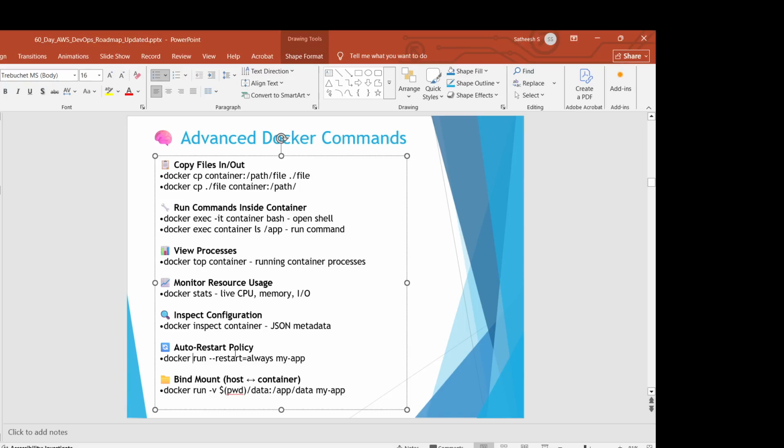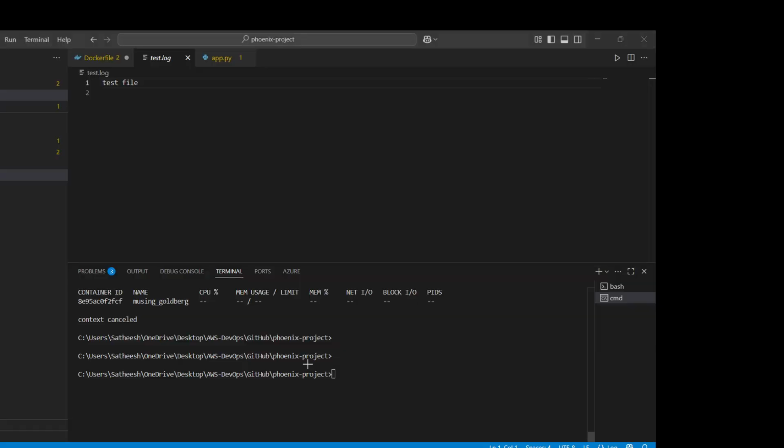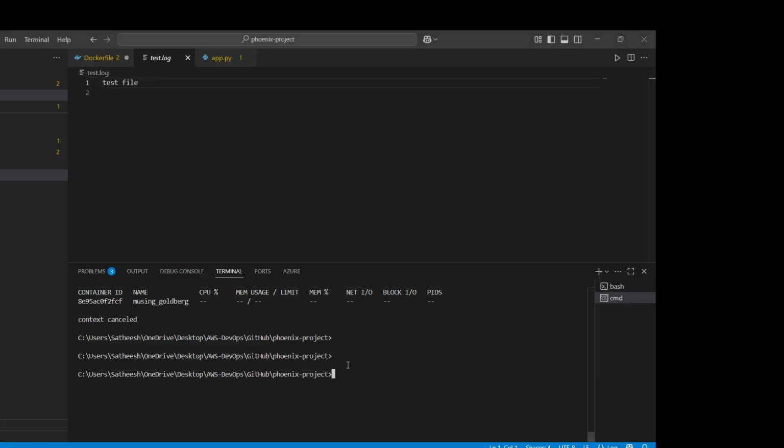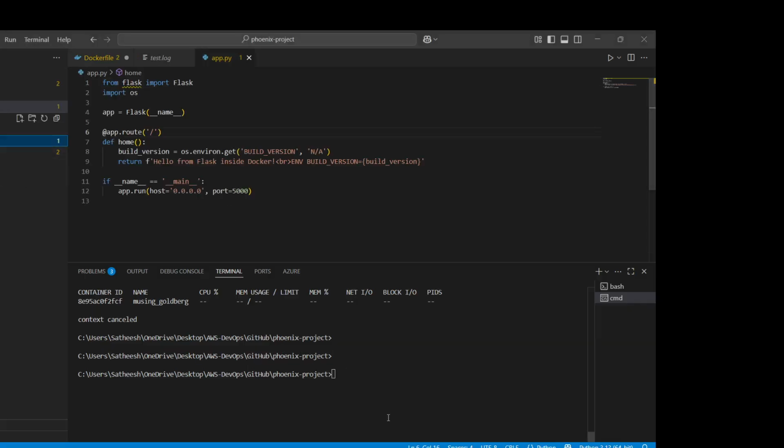it's just a restart policy. It's just an additional argument. While you run the container, you give --restart=always. This is like an auto restart policy. If your container is going down and you want to restart the container, you should give this command. Okay, docker run --restart=always, because sometimes when the application has been running,